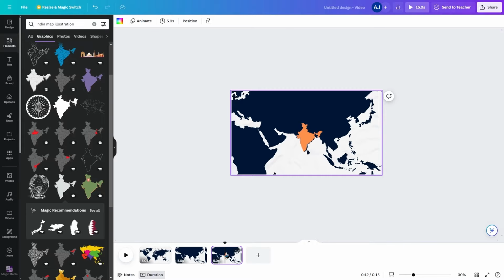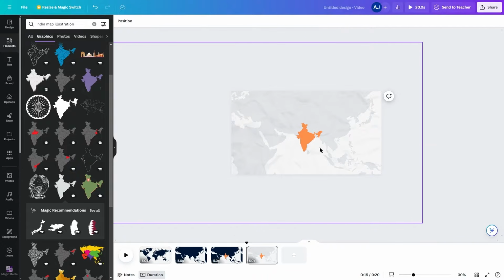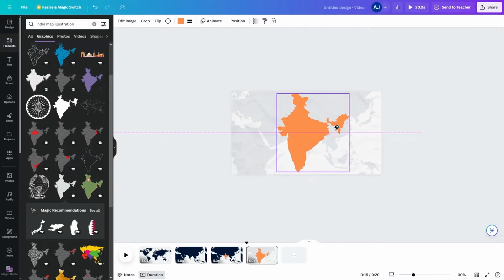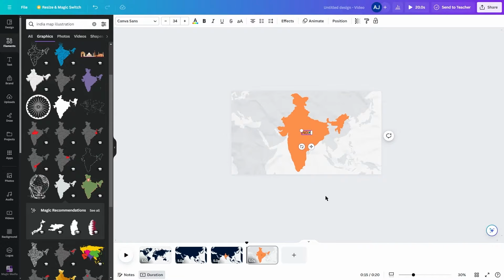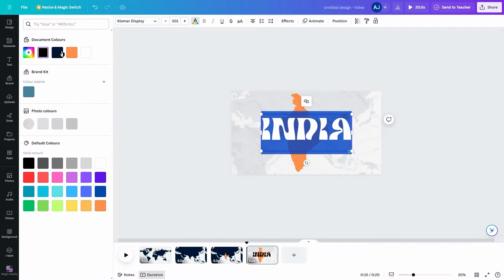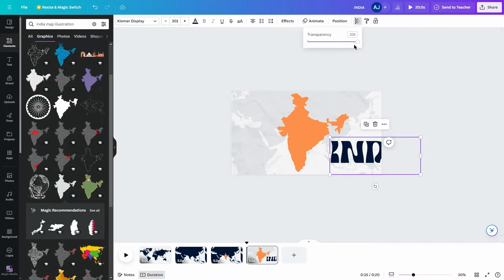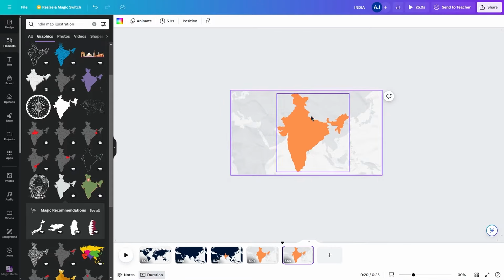Duplicate the clip again and resize the selected area to full screen, reducing the world map's transparency when you are at it. And add text, also reducing its transparency to 0. Duplicate it and drag India and the text both to the left, giving the illusion that India is being pushed